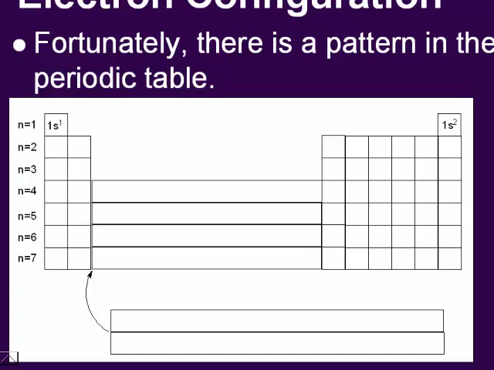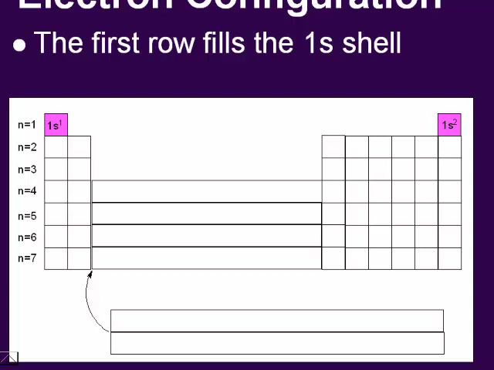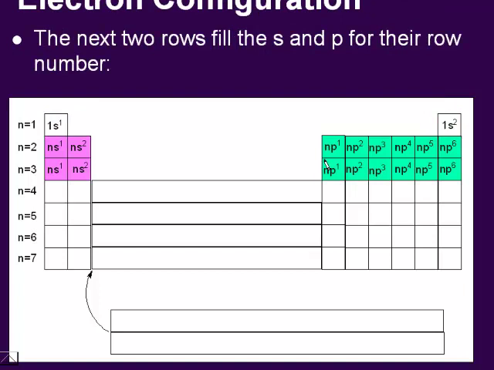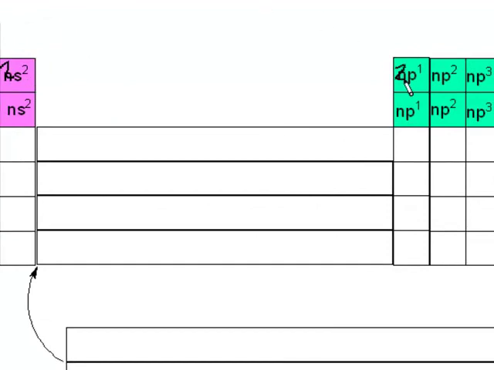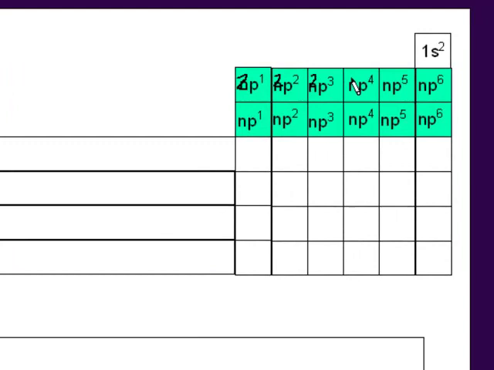Here's this pattern. The first row of the periodic table fills the 1s shell. That's hydrogen, and that's helium. The next two rows, 2 and 3, fill the s and the p subshells for their row number. So this is going to end in 2s1. Well, that's lithium, 1s2, 2s1. And this one, 2s2, that's beryllium. Here's 2p1, 2p2, 2p3, 2p4, 2p5, 2p6, as we go from boron to carbon to nitrogen to oxygen to fluorine